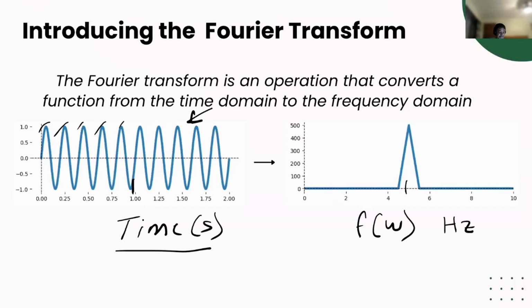Truthfully, I kind of lied to you. In fact, for this pure wave, it would be exactly 5 hertz, right? Because there's nothing else here. But when I've plotted this, I've connected this plot so that it's continuous. So instead of it just being a straight line, you see this kind of spread out wave.